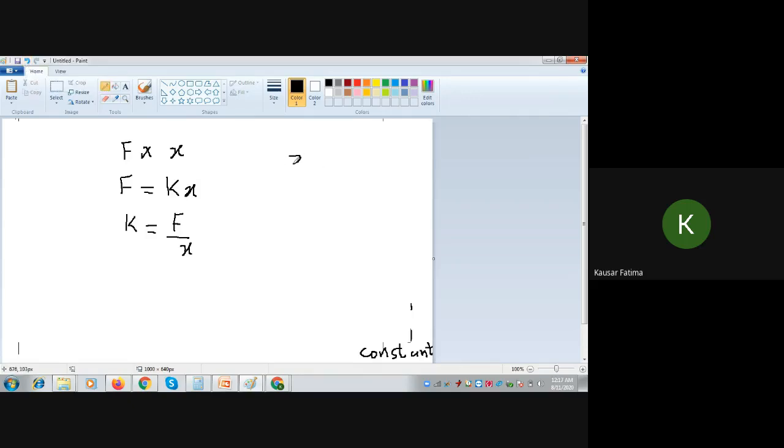Series means one after the other. This is one spring and you join one more spring, so these are two springs in series. And when you suspend a mass, what will happen to the extension? So this will be studied in the next class, next video, and of course in the